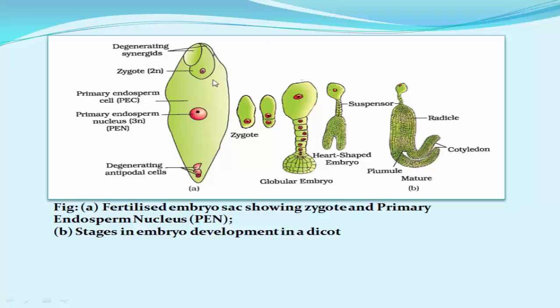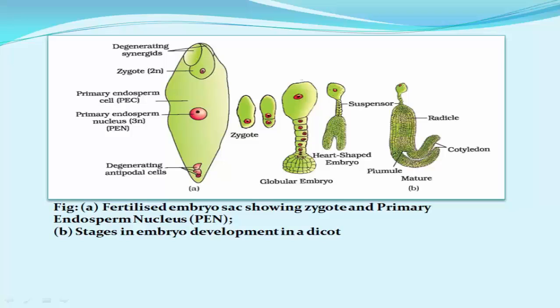After fertilization, the diagram you are observing shows the fertilized embryo sac. The antipodals are undergoing degeneration, and the synergids are also undergoing degeneration. Now the labeling is not the egg cell; here the labeling is zygote. The central cell is now referred to as the primary endosperm cell, and the structure of the primary endosperm cell is the triploid primary